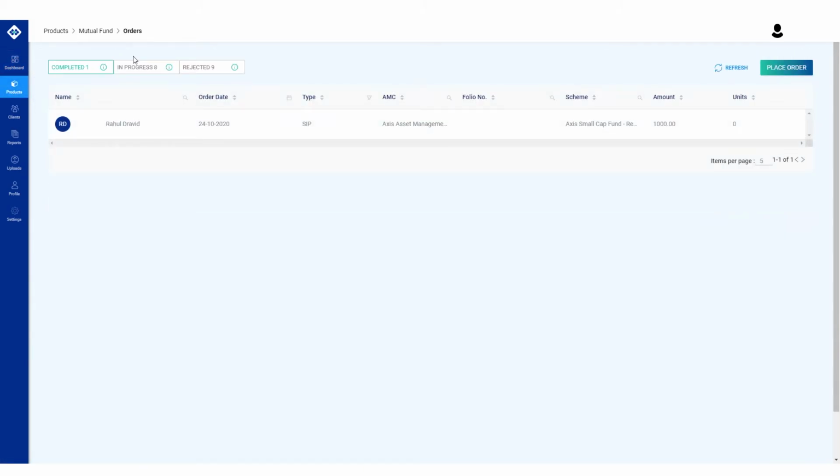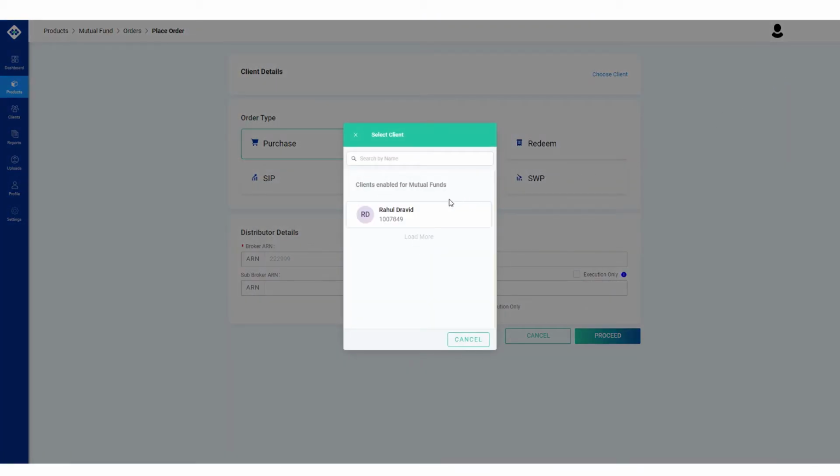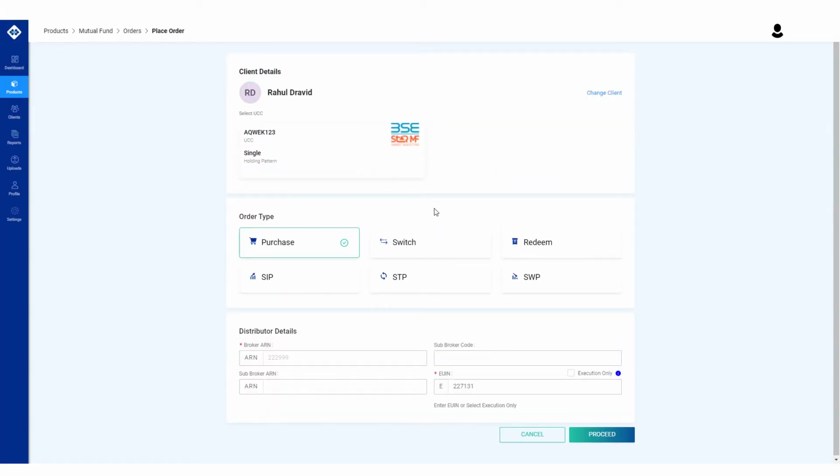Under Mutual Funds and Orders in the Product tab, your past orders will be classified on the basis of completed, in progress, and rejected. For a fresh order, you can click on the Place Order tab. Step 1. Choose your client enabled for online execution.